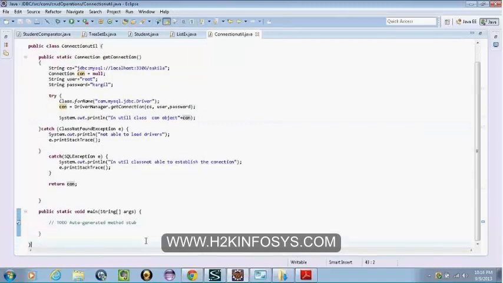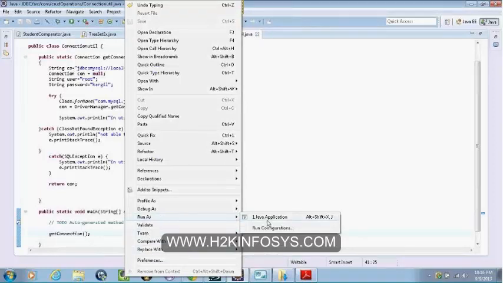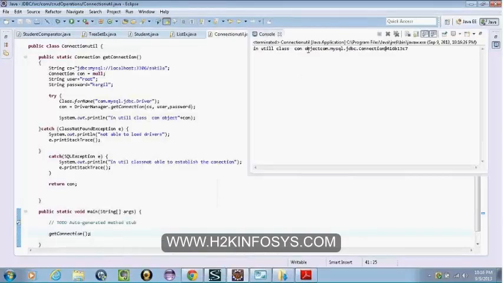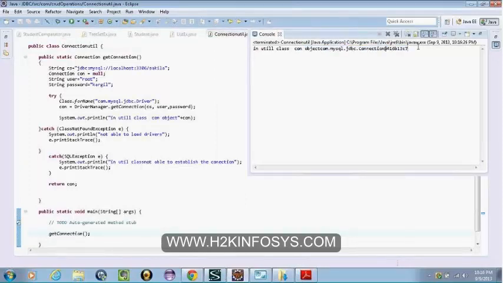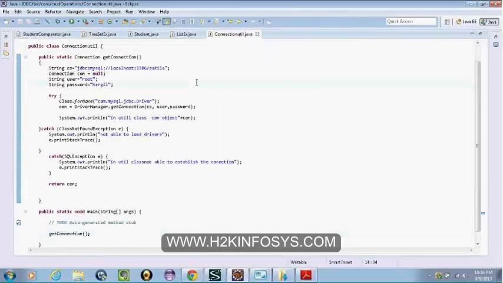Some scenarios, right? I won't be able to connect to the database. It is throwing me a SQL exception, and it is saying it's not authorized.